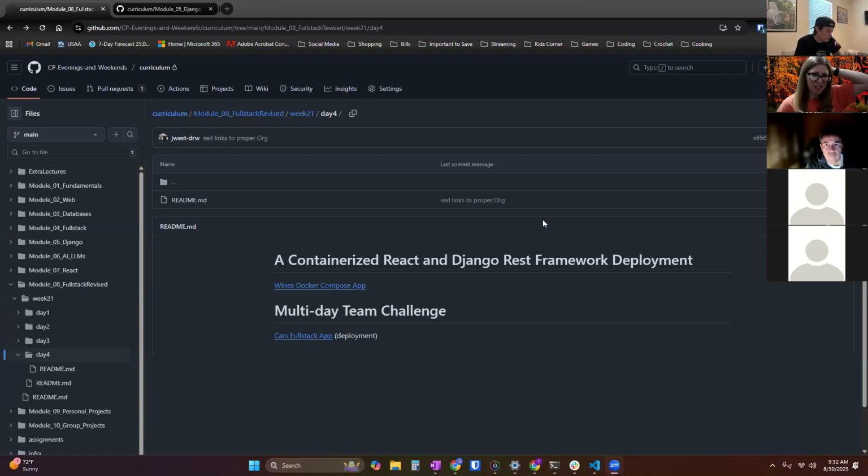Okay, so this is the last day of our full stack. I guess it's full stack revised. I always read it as full stack revisited, but full stack revised week where we're just putting everything together. Today, this is what our README looks like. It's very bare bones, but fret not, I will still teach a full lecture on this